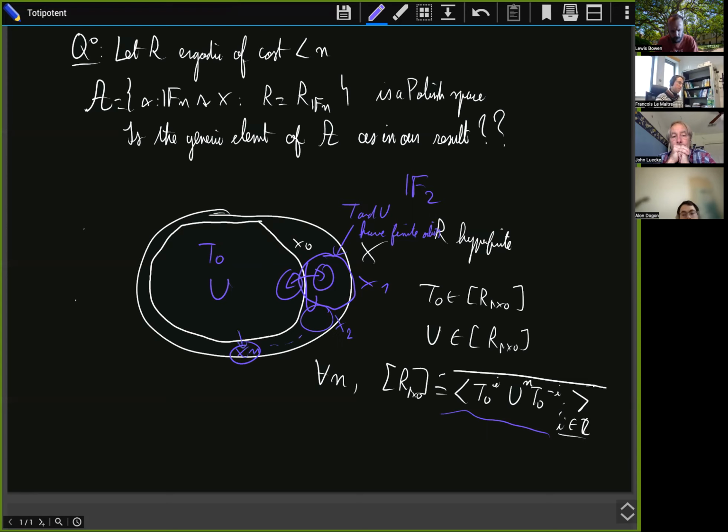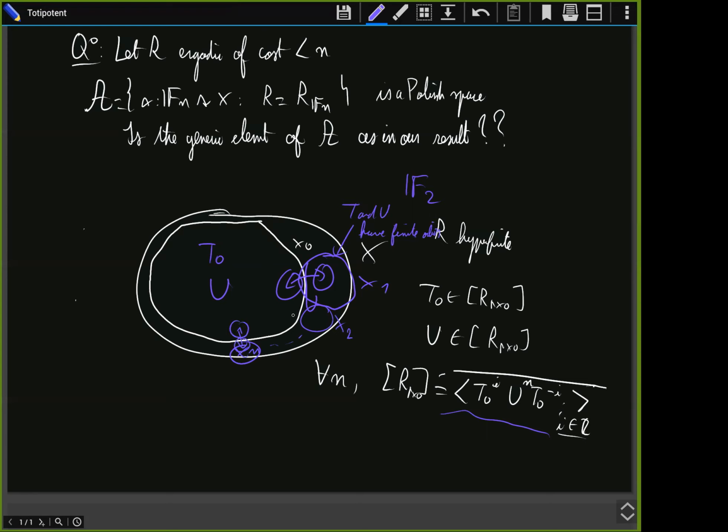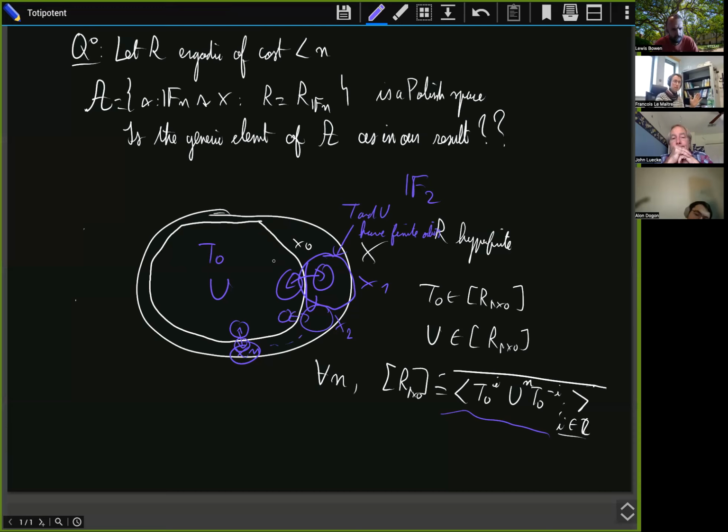And each time I start with U doing something like this. And then I glue my things together. The point is that really this is a big modification to both T0 and U, but T on X0 was not changed. So its conjugacy action on X0 is completely unchanged. And U to the n, the point is that if I take n very large, since